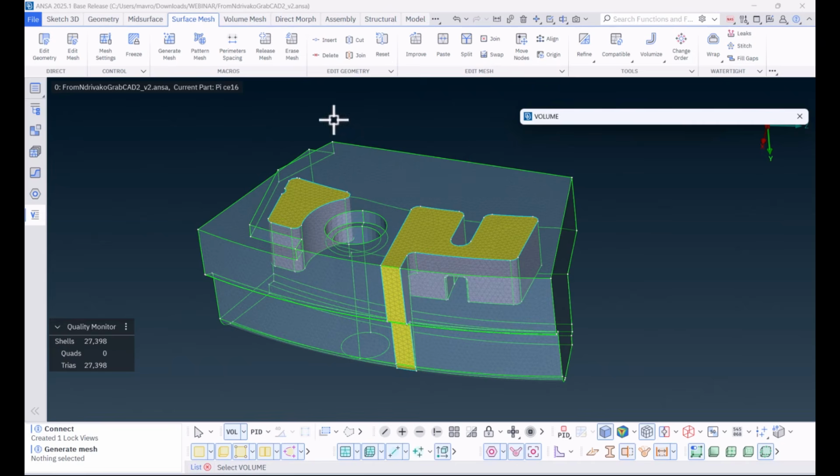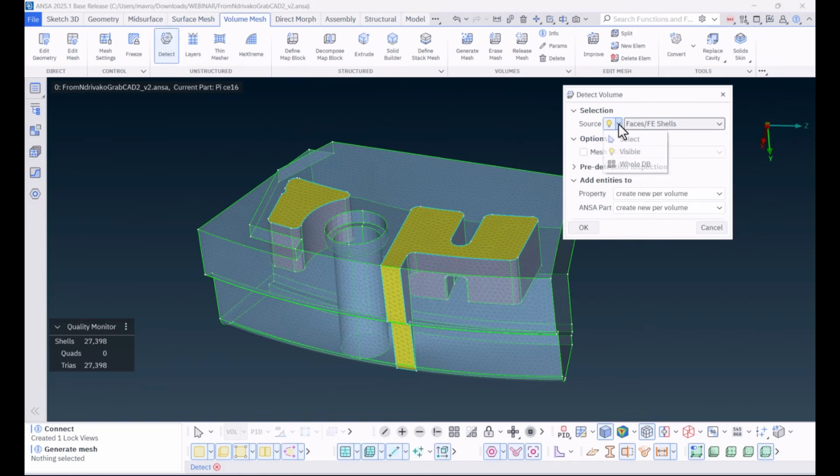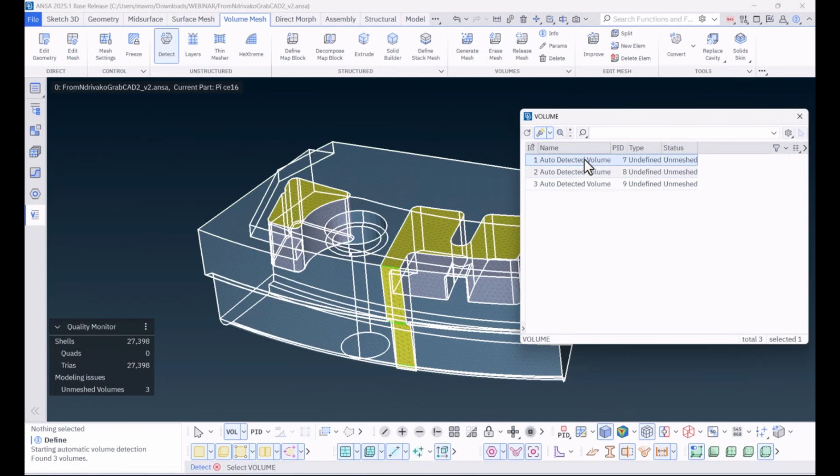So by navigating to Volume Mesh, Detect, all the volumes are being identified. Then, with right mouse click Mesh, all individual volumes are successfully meshed together while maintaining a node-to-node connection.